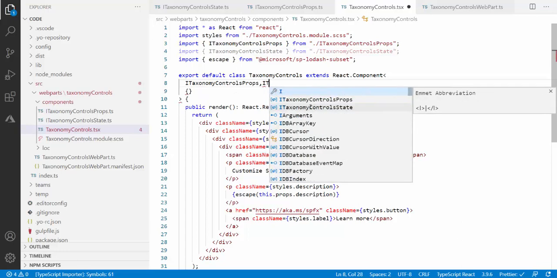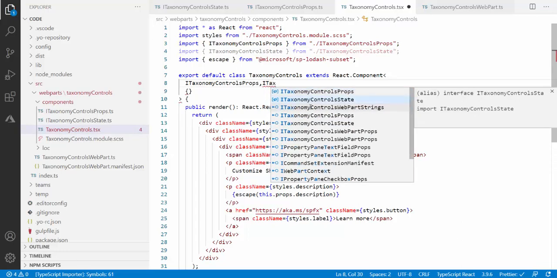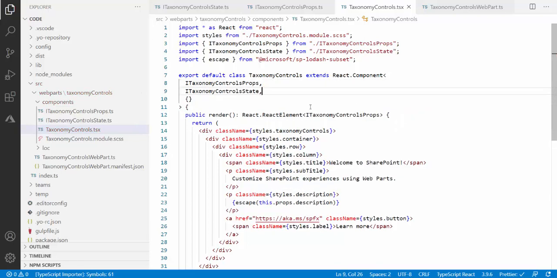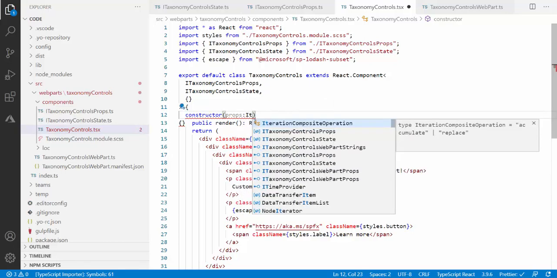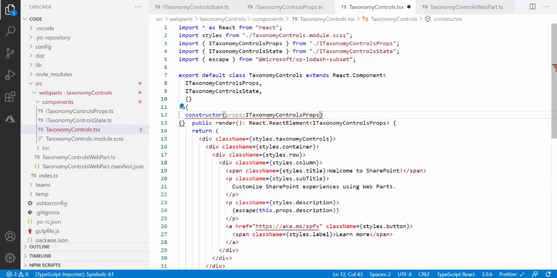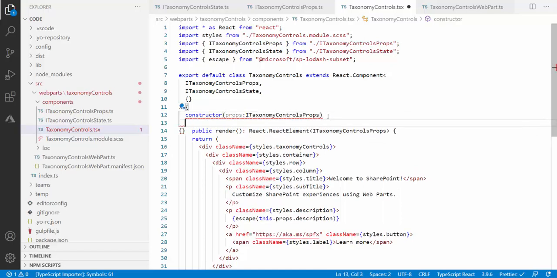Now I will pass the state from here so that I can use it in my render method, ITaxonomyState, comma. This is done, and now I will initialize the constructor. I will write my constructor, and in the constructor I have to make the super call, and in this super call I have to pass my properties. So properties will be of type ITaxonomyProps, and from here I will pass my constructor.